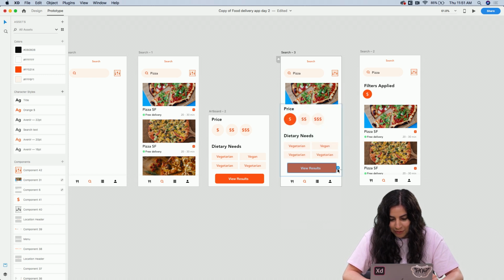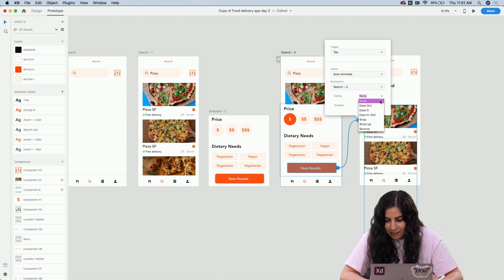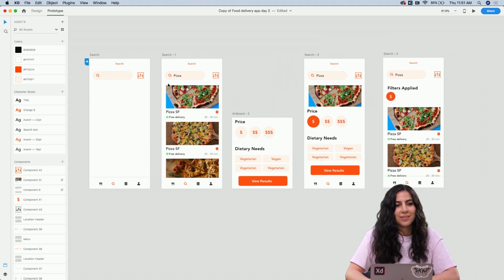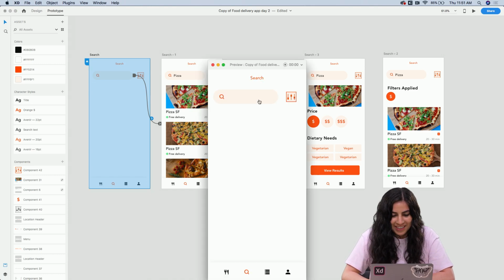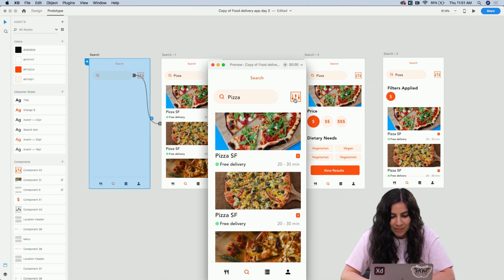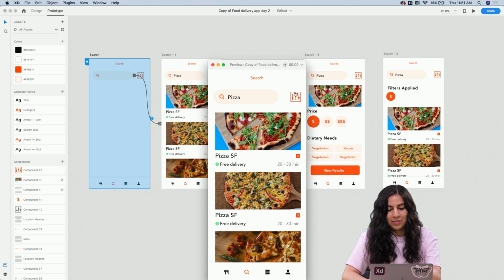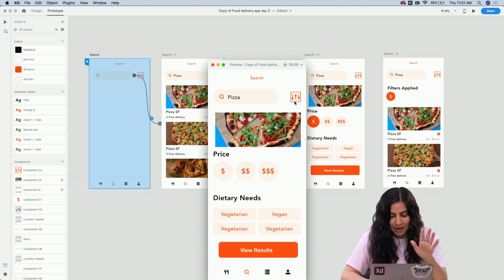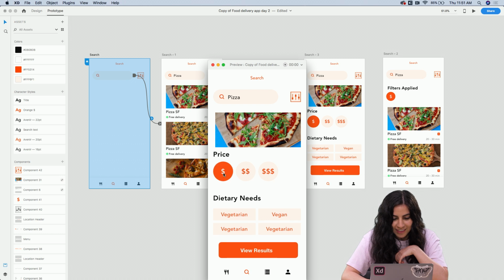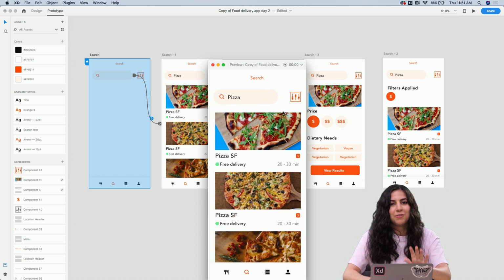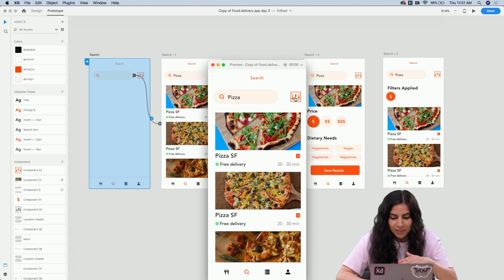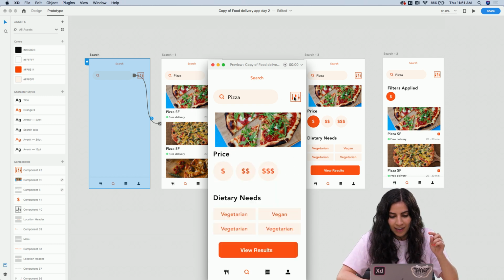Okay, so once they click view results, this will go to this screen. Oops, 2 seconds. Okay, let's try this and see how it's working. Okay, so I just noticed that I need to move this icon because I moved it on the next screen, so I'll have to go back and move that so it doesn't animate like that. So we have this, and then yay, it worked. But if you notice, the overlay kind of went down for a second, so I need to go back and adjust that. And those are the little tedious things that I like to do at the end after going through